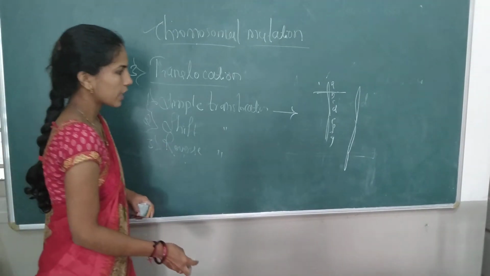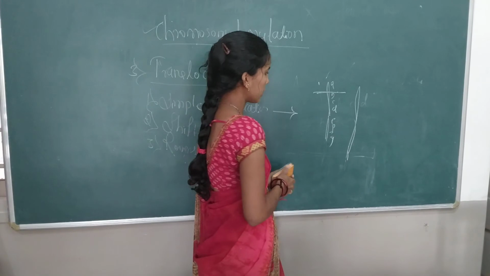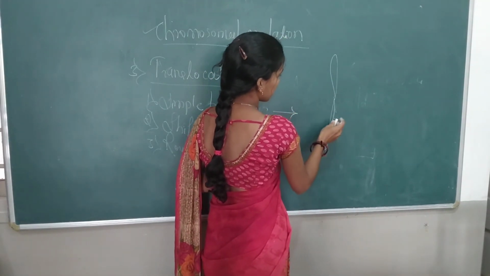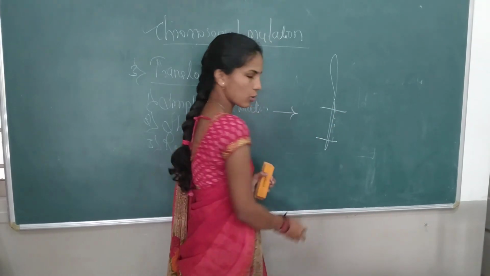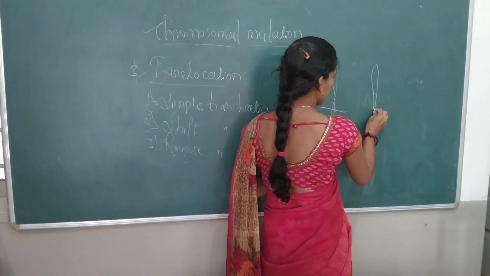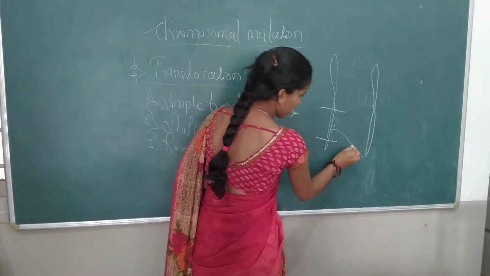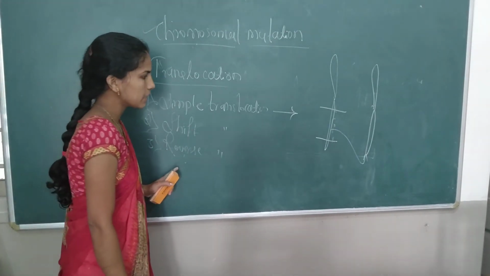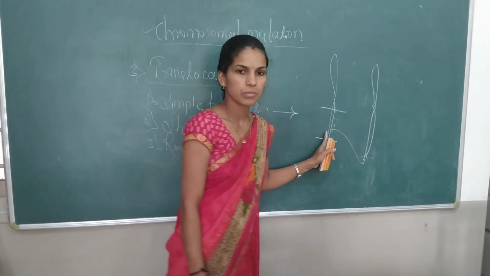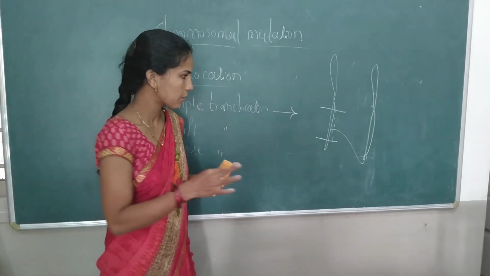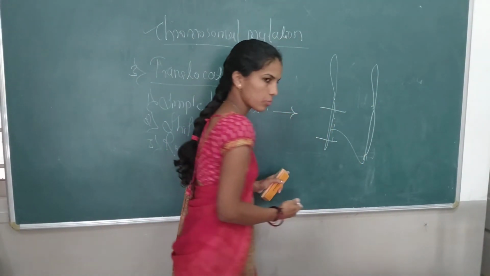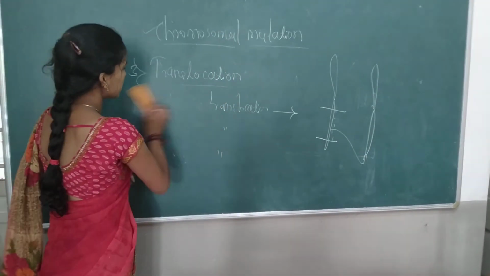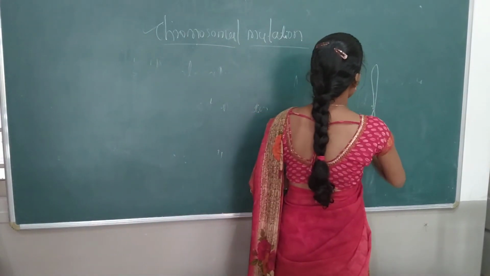Second, shift. In case of the shift translocation, from one chromosome the intercalary segment will be attached to the next chromosome. Here the breaking down of the chromosome takes place. It will be attached to the non-homologous chromosome. This part will come and attach here. That we call shift. Reverse means transfer of the genes of one segment to the non-homologous part of the chromosome, that we call reverse translocation. So the last, the fourth one, is the inversion.